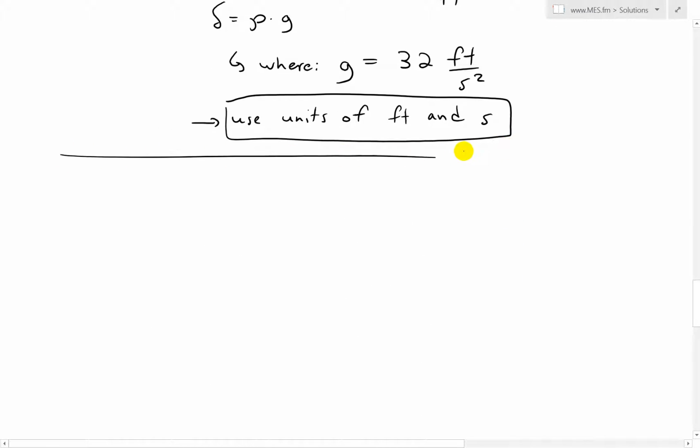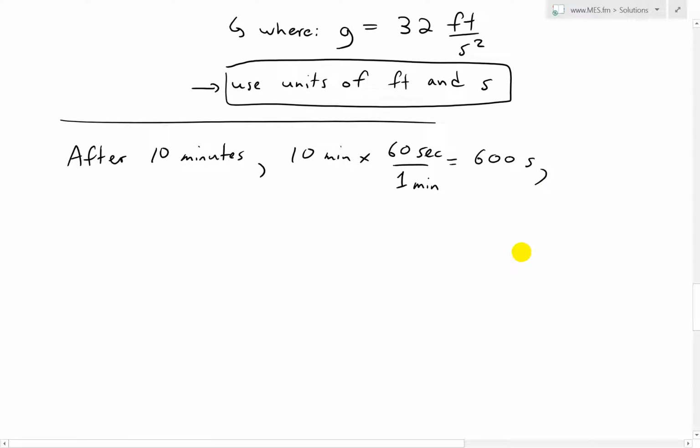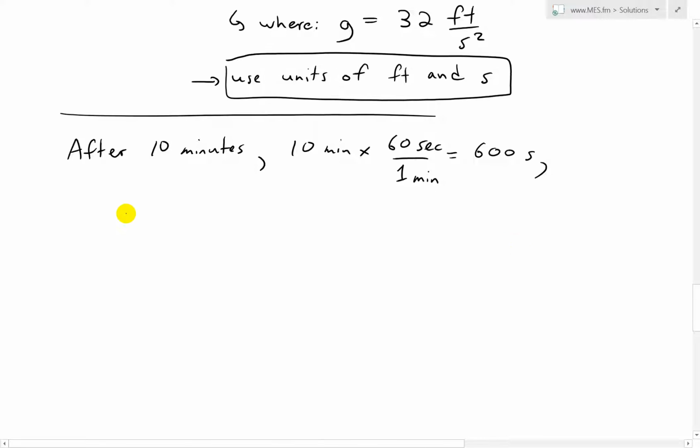So in other words, I'll write this down. After 10 minutes, I'll just calculate this out. 10 minutes times 60 seconds in a minute, times 1 minute, so we're just doing 60 times 10 and the minutes cancel. That's just 600 seconds. So after 10 minutes or 600 seconds, the requirement we need to make is that the pressure